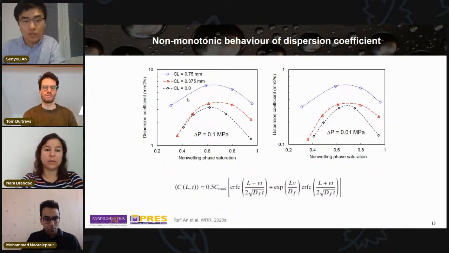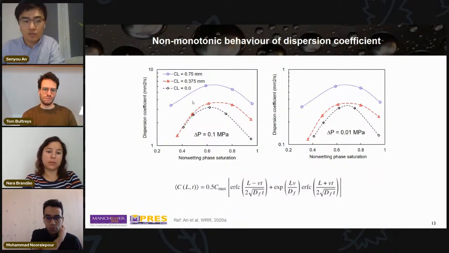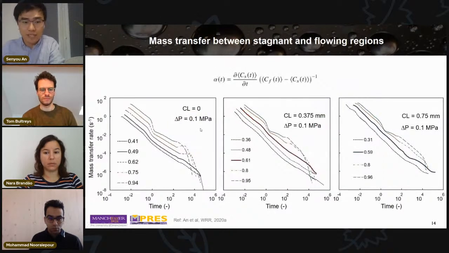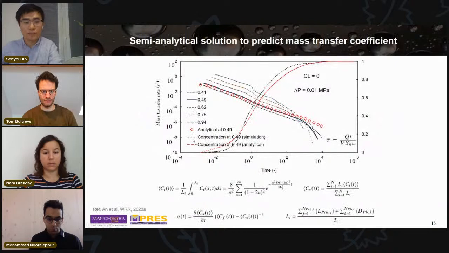Based on the transport simulation result, we fitted the effluent concentration using the Ogata-Banks equation. From this, we can see that the dispersion coefficient shows non-monotonic behavior. It reached the peak value at a saturation of around 0.6. And for the correlated networks, the dispersion coefficient seems bigger than the uncorrelated one. Also, the mass transfer coefficient alpha between the stagnant region and the flowing region is analyzed using the simulation result. We can see that alpha is slightly bigger in the correlated network and needs a longer time for transfer. Finally, we proposed a semi-analytical solution to predict the mass transfer coefficient using the geometry information of stagnant